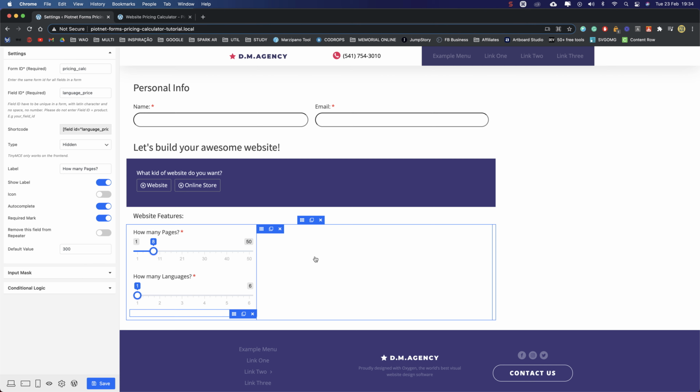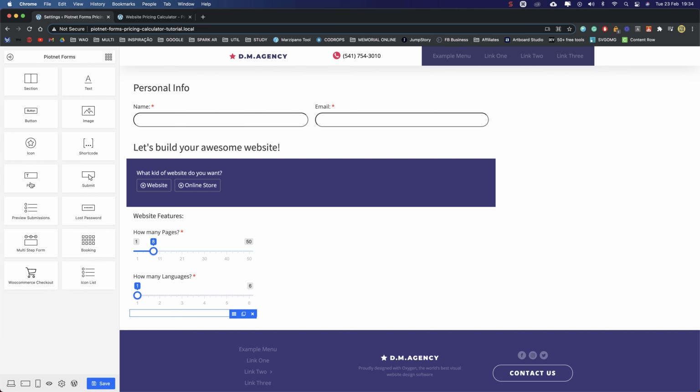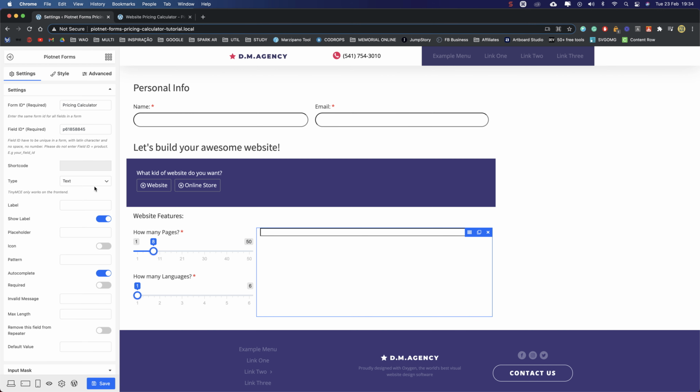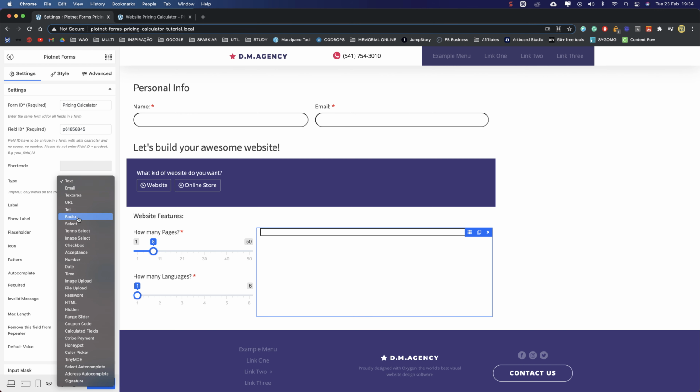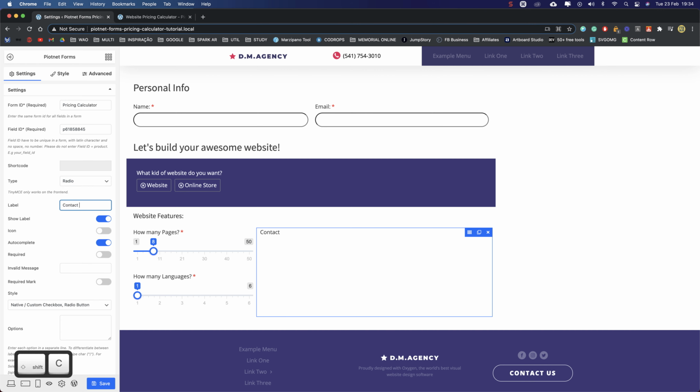Over here, let's add another field. Let's grab it and drop it here. This field will also be a radio, but let's call this contact form.